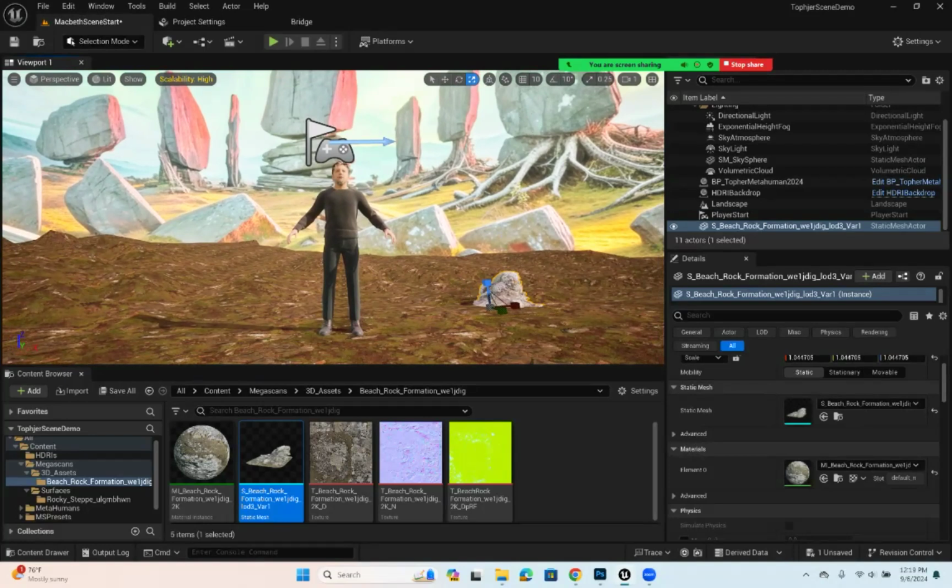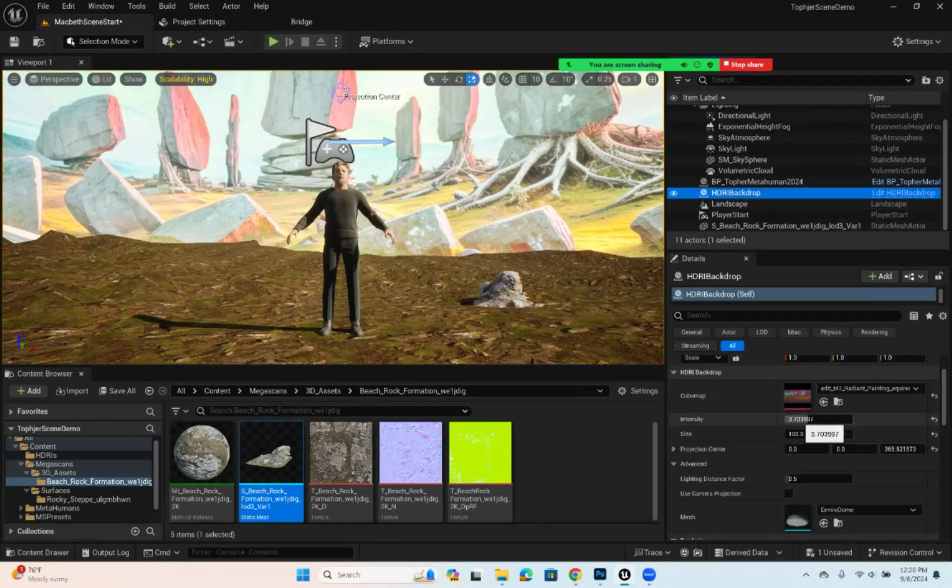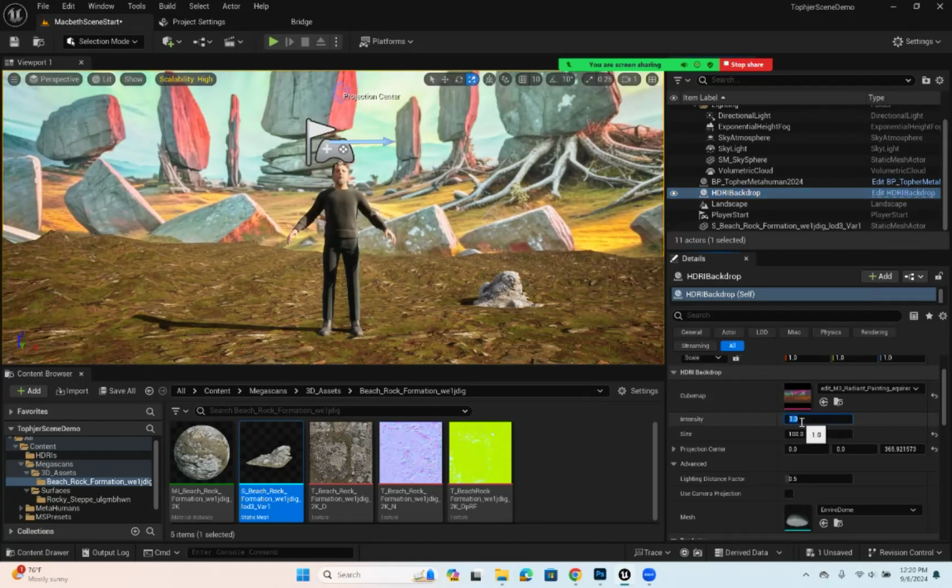It changed a little bit on the background. I don't think that's the fog, because it's not big enough for fog. It's some other stuff happening just with the lighting in general. What you're going to want to do is maybe go back and look at some of these things. Like I've got this set to intensity of 3. I could try putting that down to 1 and see if that looks better. It does